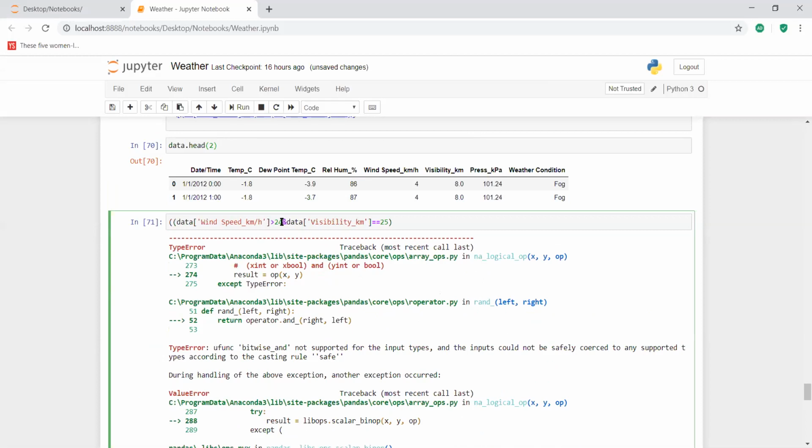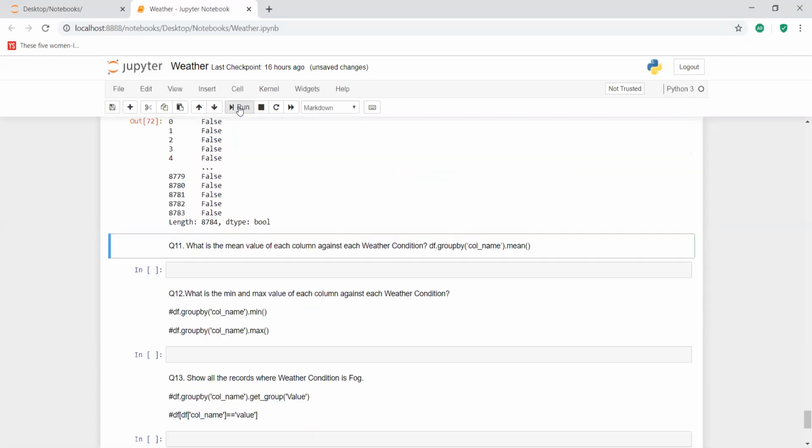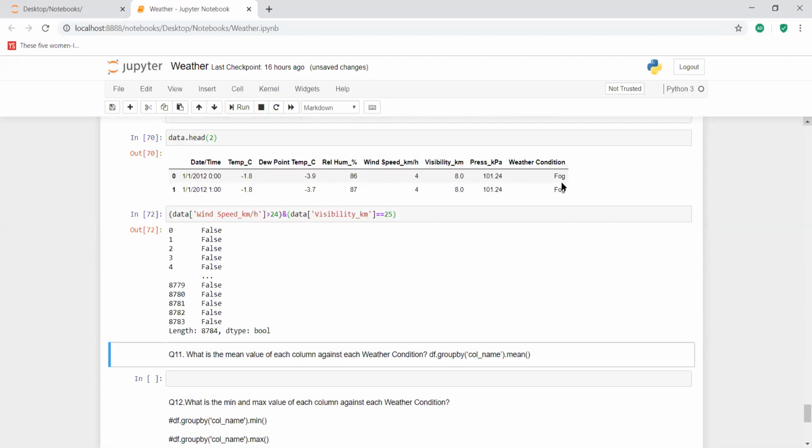We have to separate both the conditions around the ampersand operator with parentheses, right? You don't need this. You're separating each of these conditions with parentheses. We will find out whether it is executing now. Yes, it is executing, but a Boolean set is returned here.